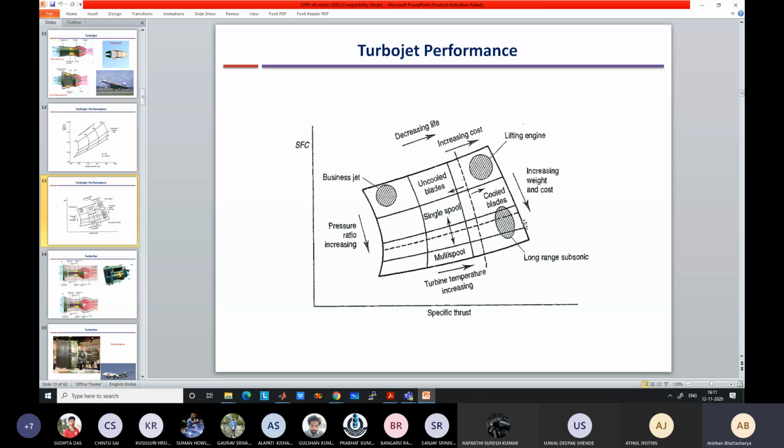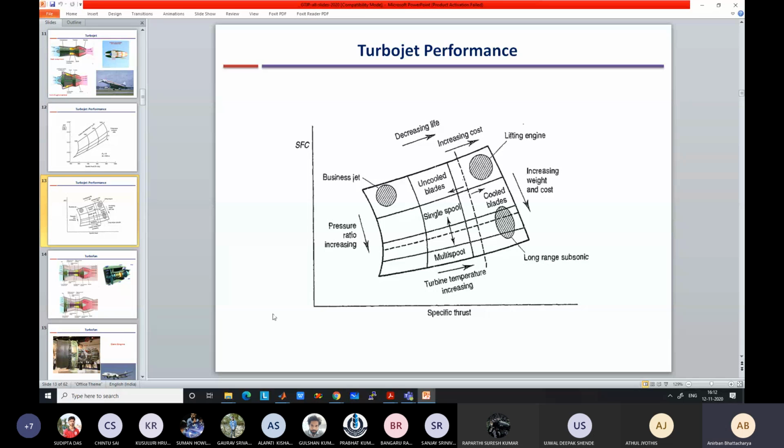Before going in, let us try to understand what design changes will happen. If you keep on increasing the pressure ratio, what will happen to the number of stages of turbine and compressor? It will increase. So if you keep on increasing the pressure ratio and the number of compressor and turbine stages keep on increasing,